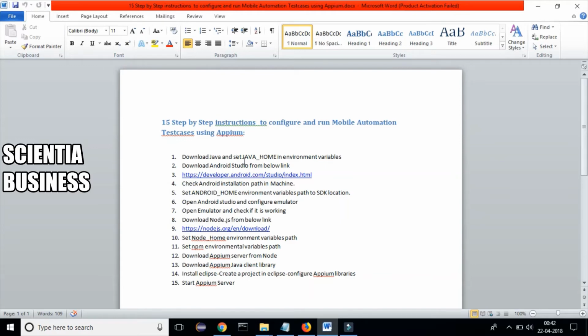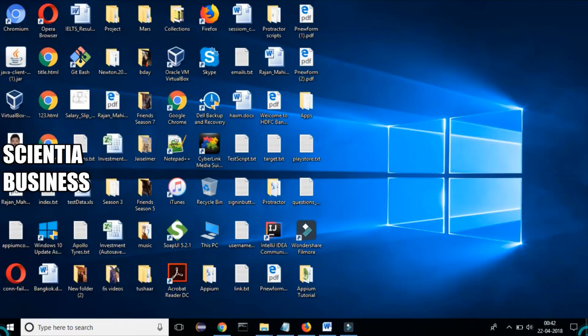So in order to tell where my Java is actually located in the machine, I will set this JAVA_HOME. I will create this JAVA_HOME variable in the environment variables. So where are these environment variables actually created? For that, you just need to go to My Computer again, like you can see this PC.